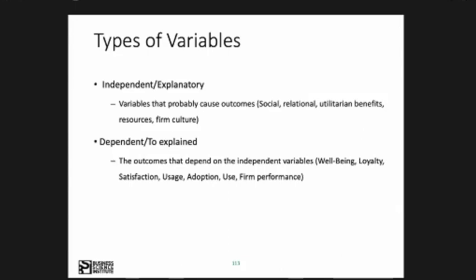And there are the dependent or explained variables, which are the outcome variables that depend on the independent variables. For example, the impact of technologies or privacy concerns or social benefits on well-being, loyalty, satisfaction, usage, adoption, use, or